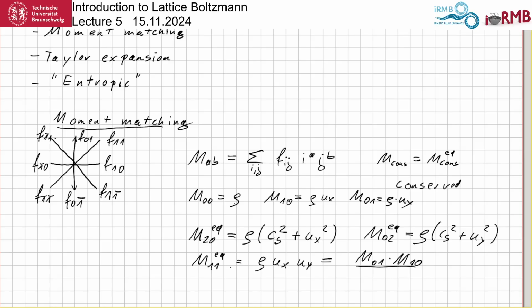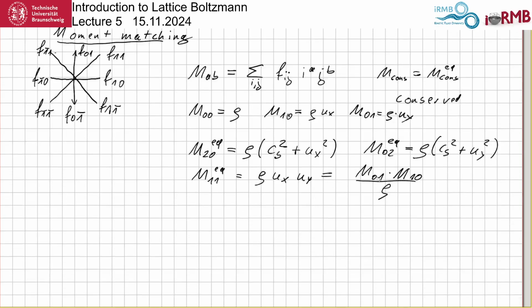Usually, a probability distribution is normalized to 1, which we have not done here. So we have to divide this again by rho, okay? So this can actually be applied to all the other moments too, namely,